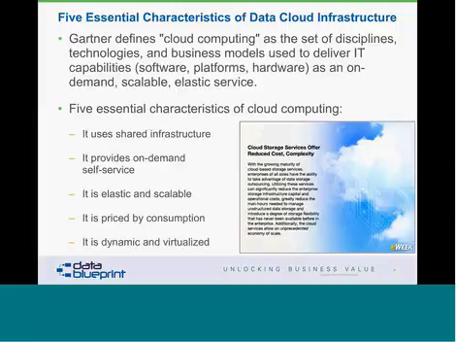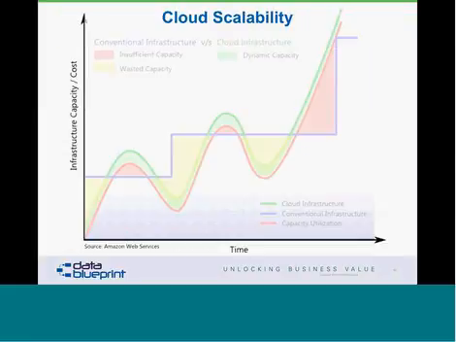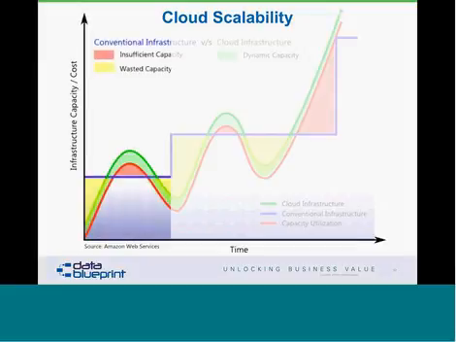So what does this mean from an actual usage perspective? And this is where management starts to pay lots of attention to this. If you're looking here, and this is a graph from Amazon advertising their ability to deliver this. I'll uncover the first part of this. You can see that the actual cloud infrastructure is the green versus the conventional infrastructure, which is that blue line that runs across it. So the cloud infrastructure has broken through the